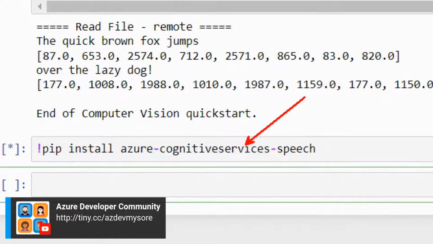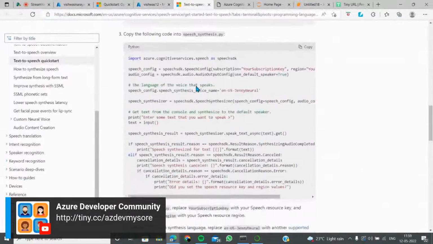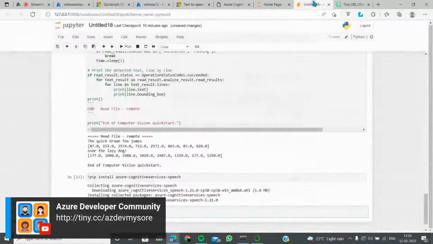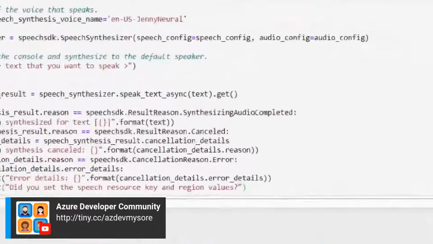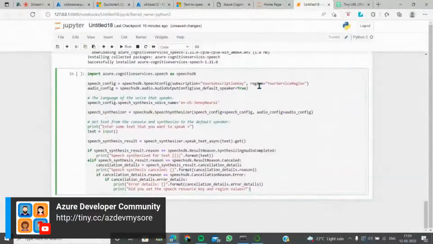So the cognitive services speech API just started working. And of course, this installation is done. So what we can do is very simple: copy the code, paste it here, and I'll walk you through the code. And these are all just the boilerplate code which you can directly use. There is no copyright for this.